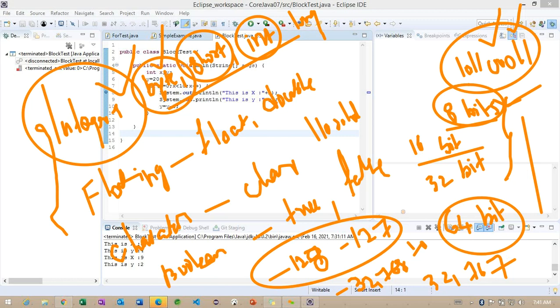So we don't want to discuss the range. But make sure each data type has some specific bits to store the values here. Getting the point. So normal applications basically will go for int only. By default, this particular data type is available. If you're not specifying anything, internally it is going to treat it as this particular int data type.